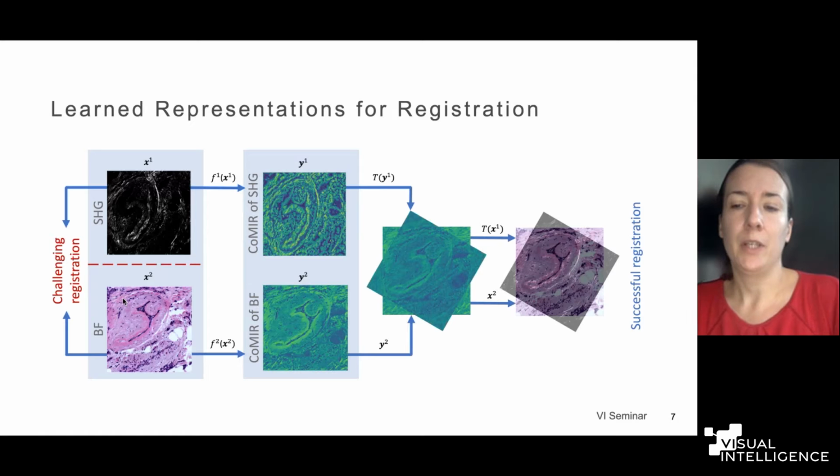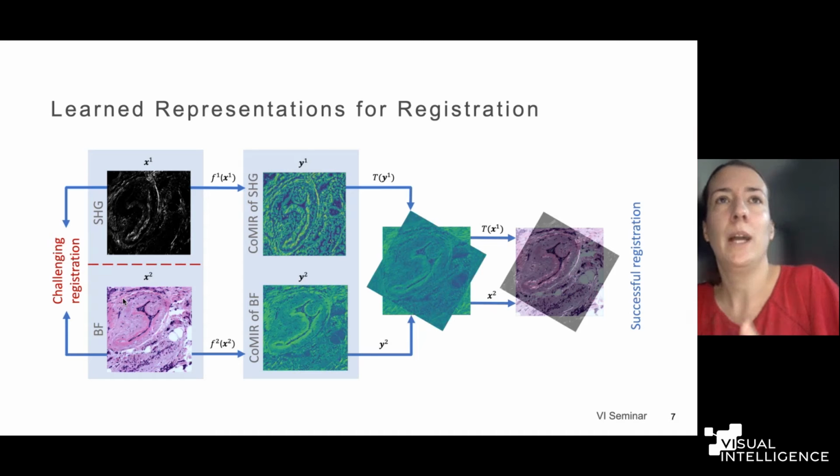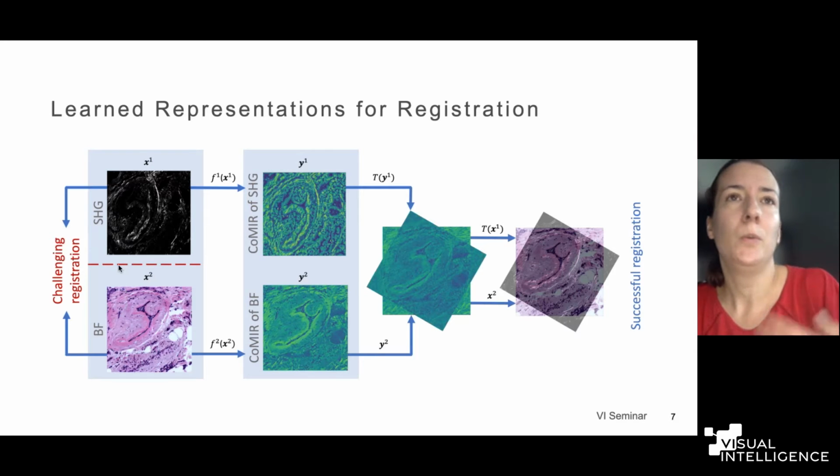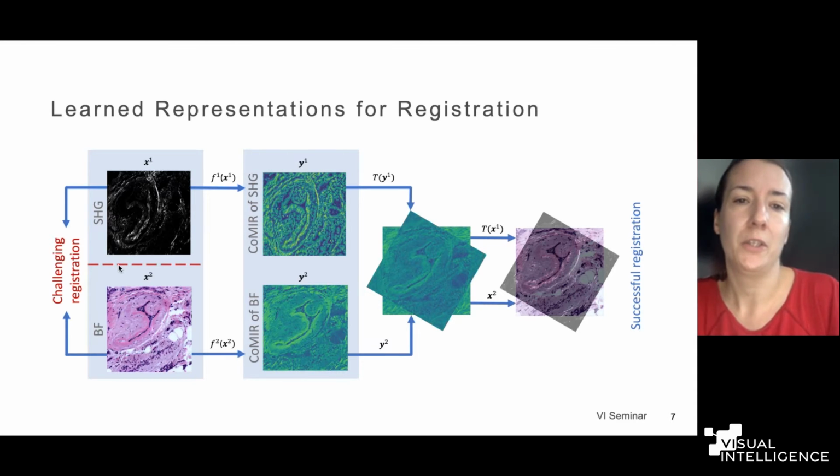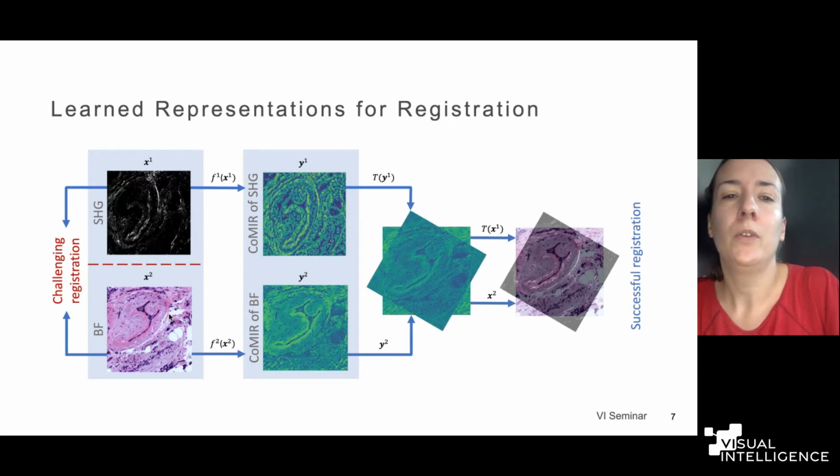So what we have tried to do is to create some intermediate representations, some intermediate modality between two different modalities that are hard to register, such that we can actually use monomodal registration techniques for those intermediate representations. So here, for example, you have again a second harmonic generation image of a tissue, and here this bright field microscopy image. And what we use is